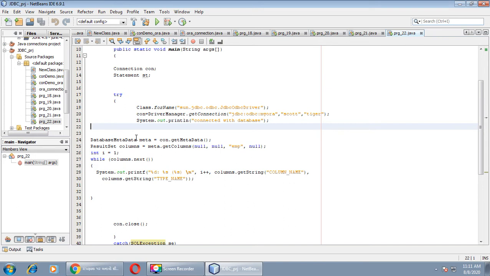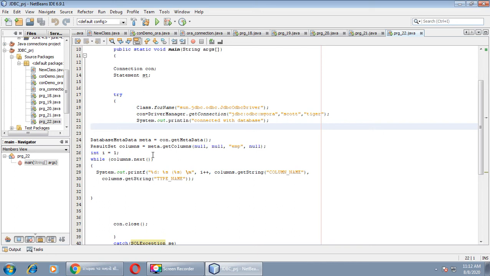Here I want to do the connection with the Oracle database, so I took the DSN of Oracle, that is myOra, with username and password Scott and Tiger respectively. Now create one object of the DatabaseMetaData class. Here the name of this object is meta, and we get it with the help of the connection.getMetaData method.